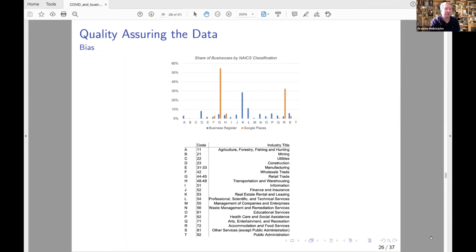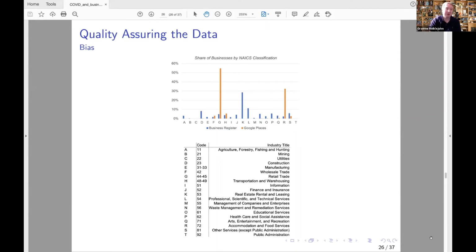Whereas, for example, restaurants, cafes, etc. Whereas accountants aren't necessarily as incentivized, perhaps. So one way that we wanted to check this bias was, as Artur said, trying to take Google's classifications, reclassify them under the North American system, NAICS, and then compare our distribution of sectors to more official